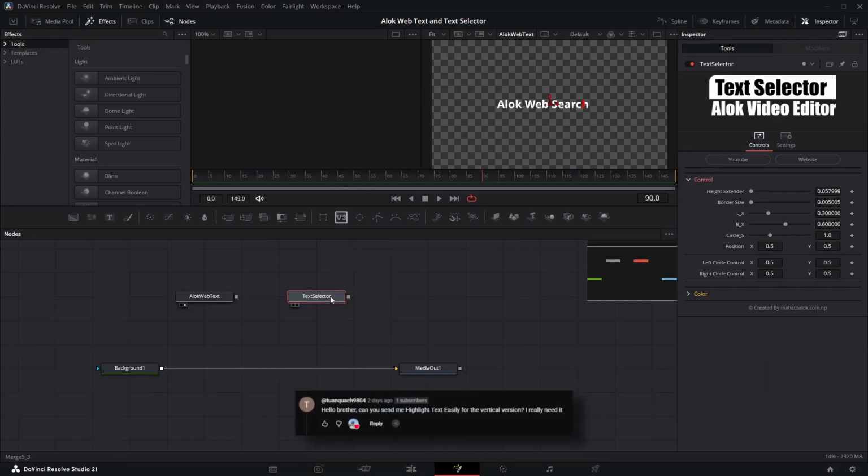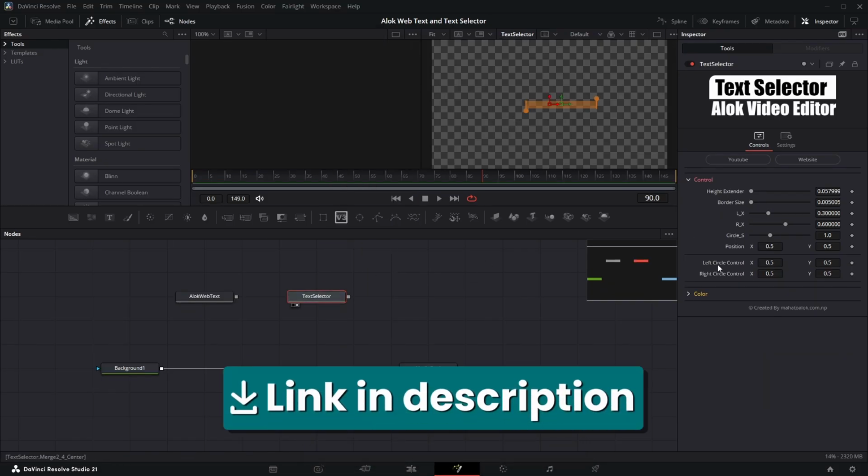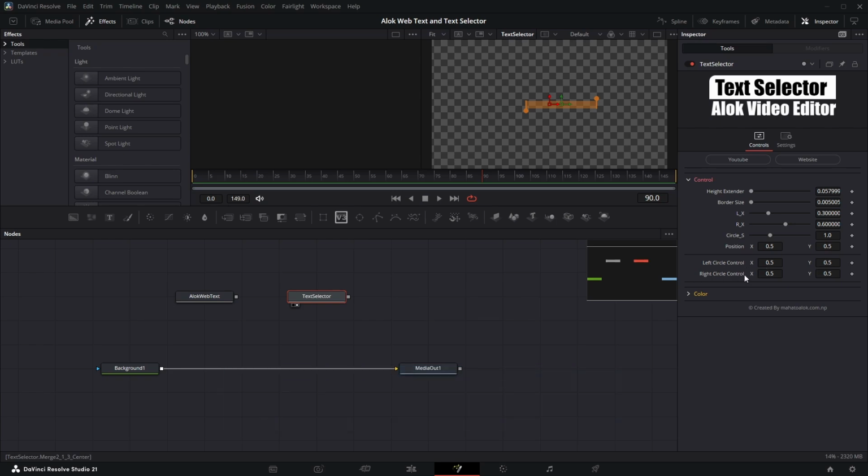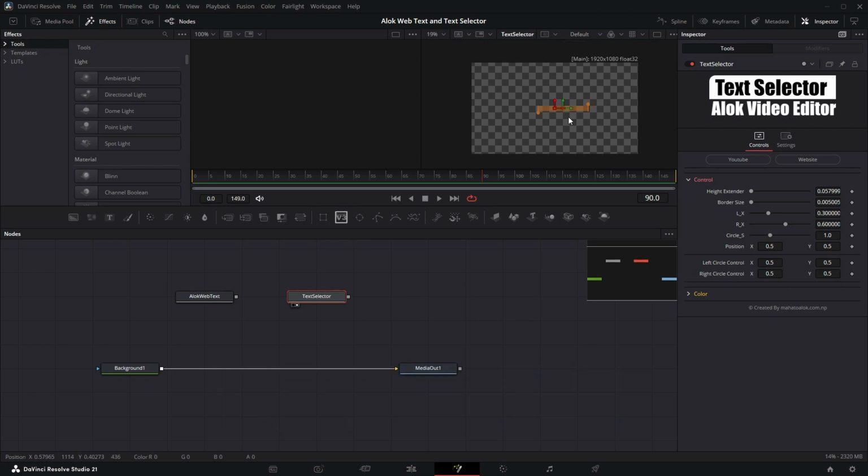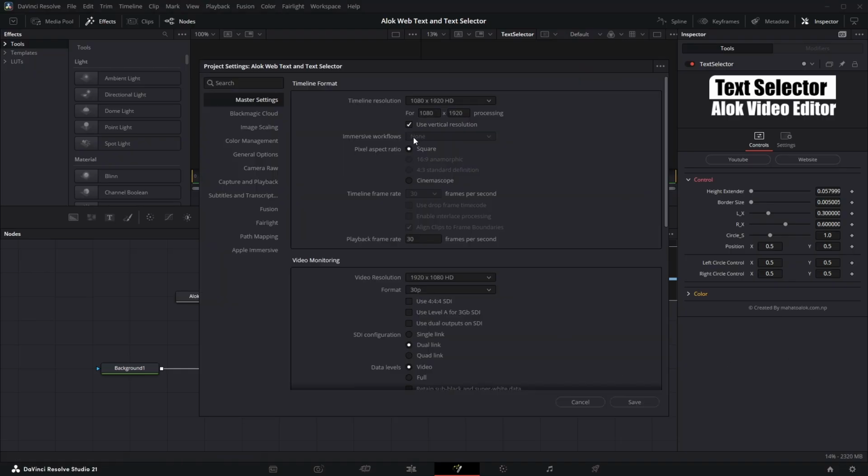Now let's talk about text selector. In here you can see brand new controls, left circle control and right circle control. In horizontal all is good. When I switch to vertical,